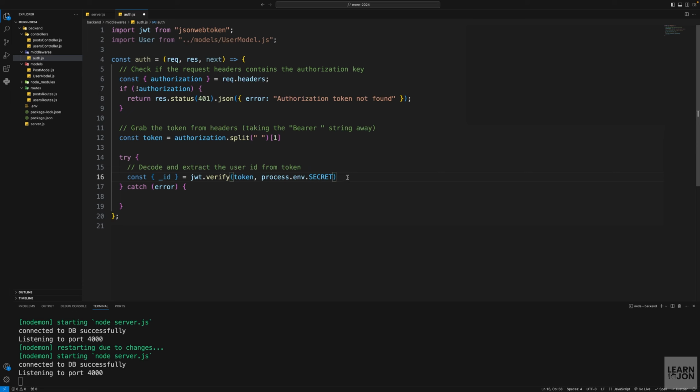Otherwise, we would get an error. Now, if that works properly, we want to save the user in the request body. So remember, this is a checkpoint. This happens before we actually handle a request. So when the user goes to create a post, and this function kicks in and checks if the authorization token